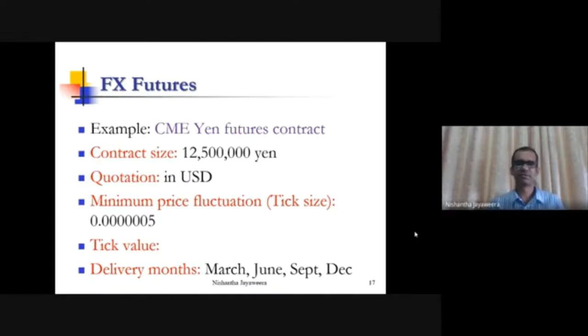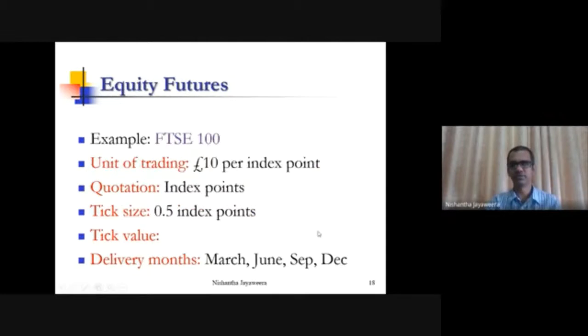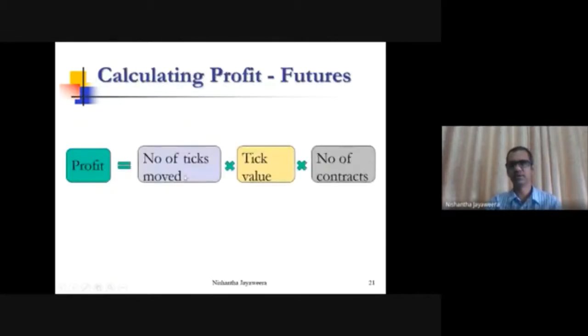Then the tick value. What is the tick value? If the price changes by that tick size, what would be the change in dollar value of a single contract? What is the dollar value of one contract if the price changes by the tick size, the minimum price fluctuation? Whenever you know those things, it is easy to calculate the profit and losses. You don't need to worry about the underlying or whatever. What you need is the number of ticks